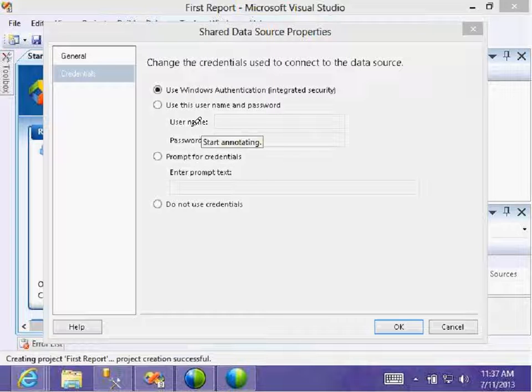That is very important, so that one person's connection cannot be used by another person. Or you can use the same username and password with integrated security, whatever security I am using right now. Or else you can specify a separate username and password, but you have to remember it. If you forget it, there is a problem.